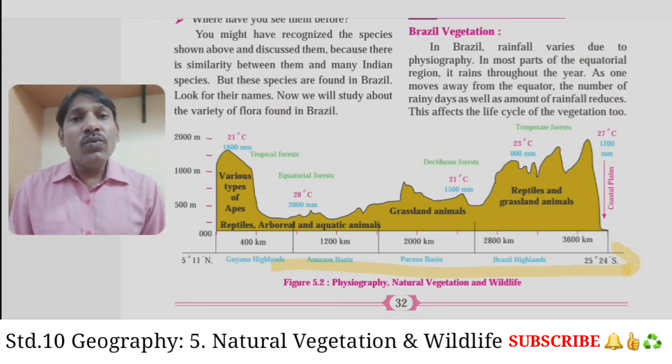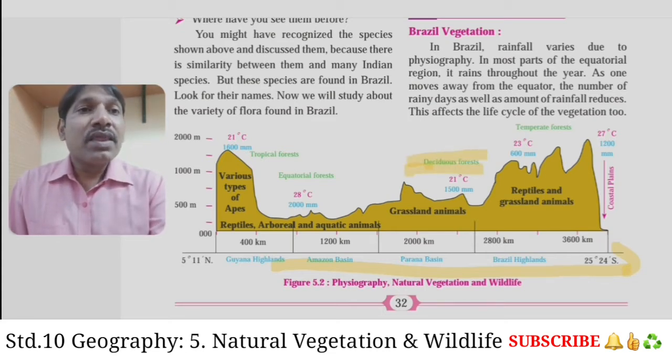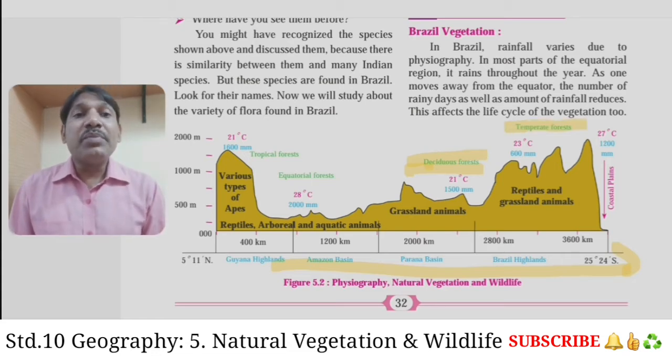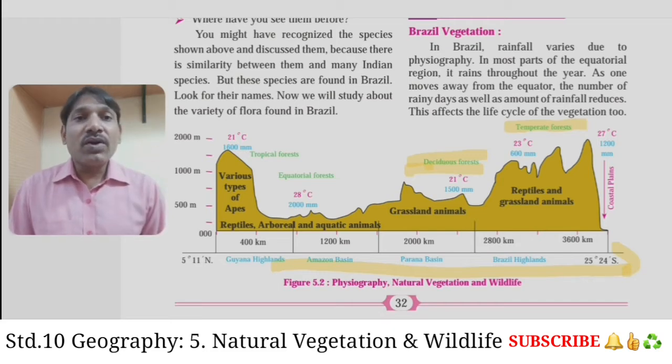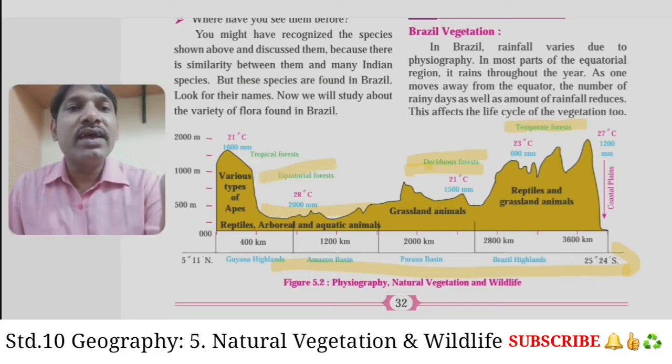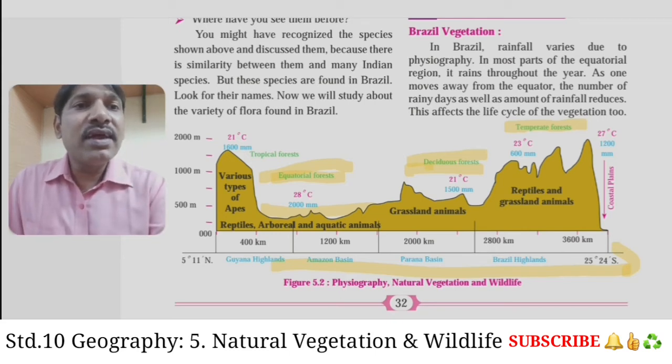Okay students, where we do not have continuous rainfall, there we see the deciduous forest. What kind of forest? Deciduous forest. Then in the Brazilian highlands, we see the temperate forest. What kind of forest? Temperate forest we see in the Brazilian highlands. So we can see the variety of forest in Brazil because of the variety in climate as well as rainfall. In the Amazon basin we have continuous rain throughout the year, so here we have equatorial or evergreen forest. Then after that we can see the Paraná basin region,